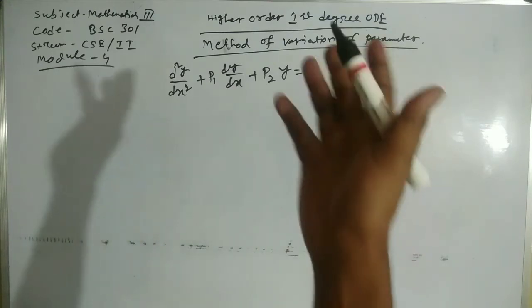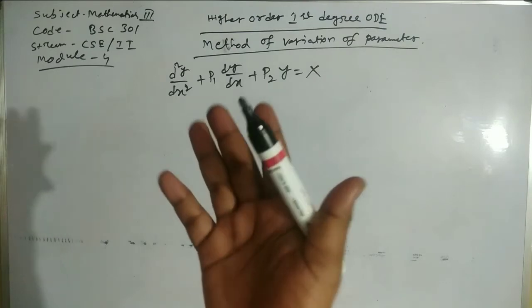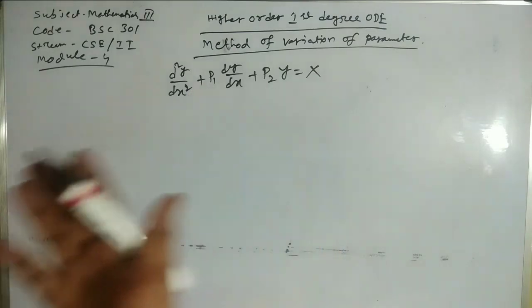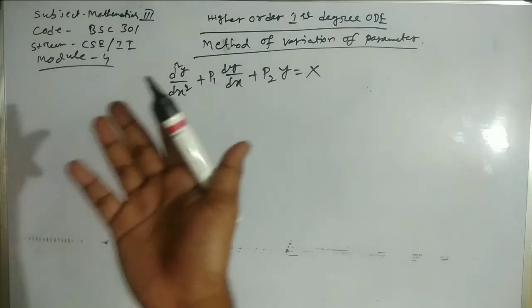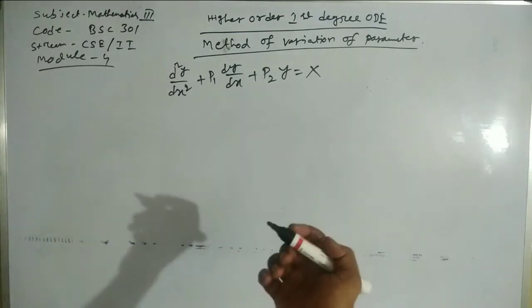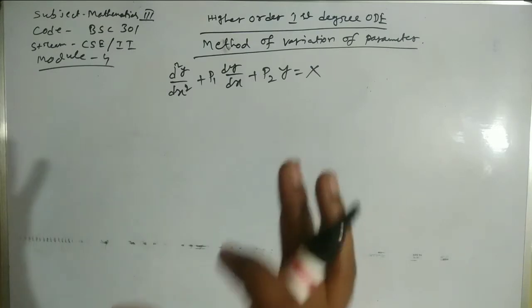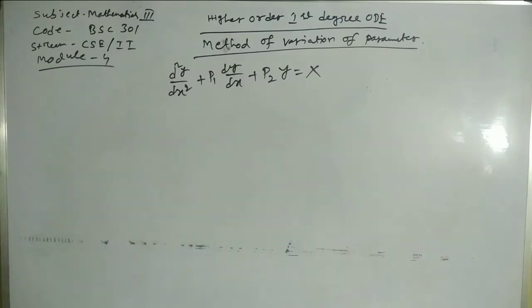This chapter is from the subject Mathematics 3, code BSc 301, stream CSE or IT, and module 4. This is according to the syllabus of MAKAUT. And capital X is the right hand side function, which is a function of x